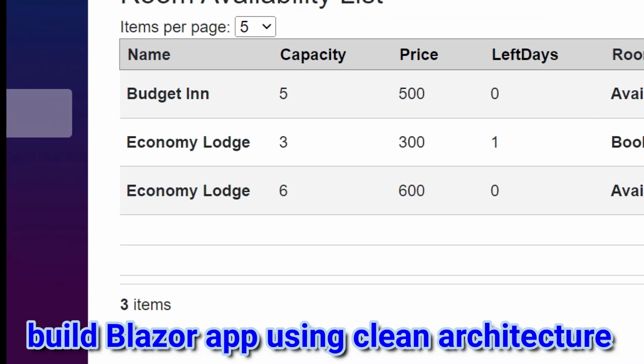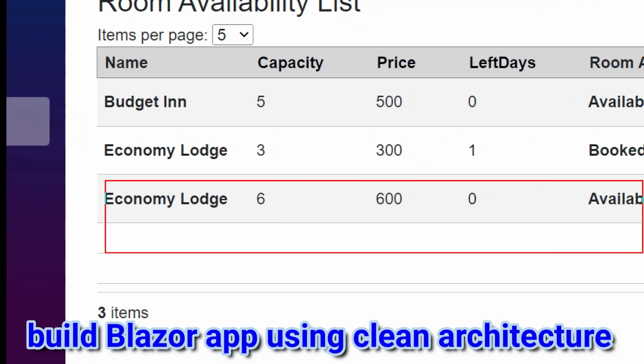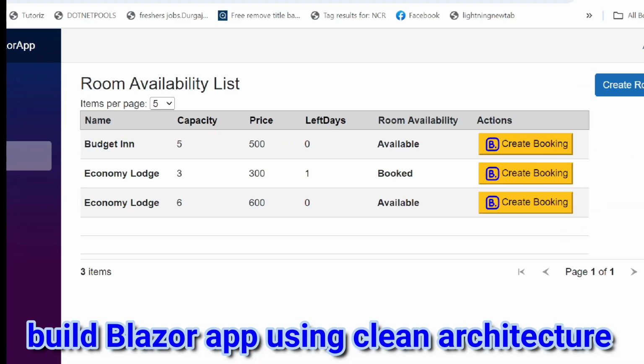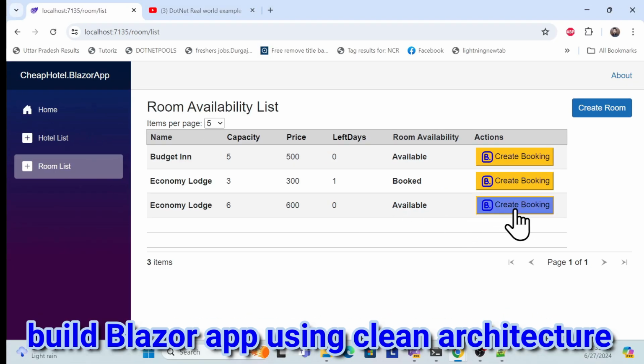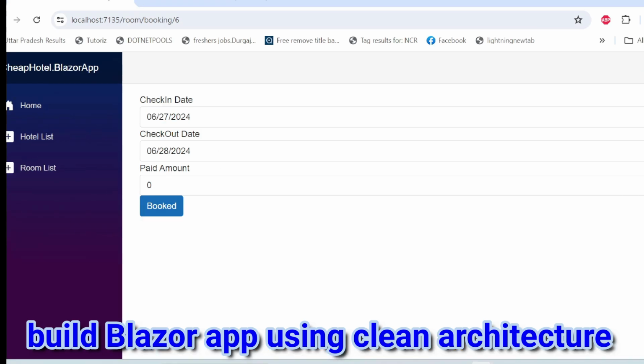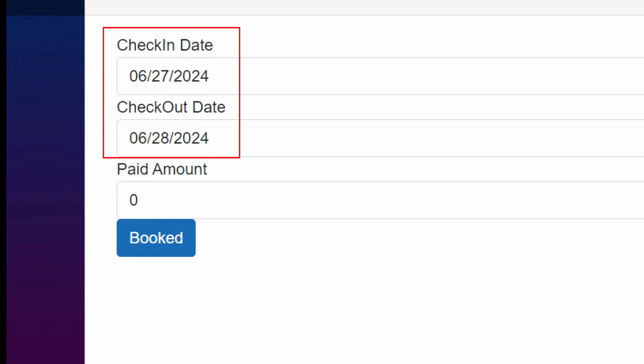Now see, this new room has been created with this flag which tells me it is available, meaning I can book this particular hotel and this particular room. Once I click that create booking, you're able to see this nice form which will tell you the check-in and check-out time